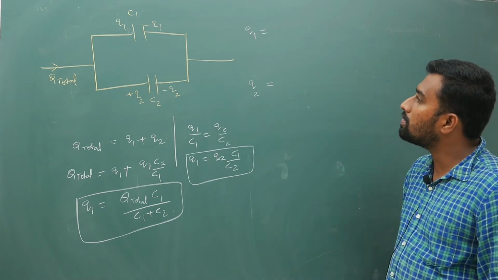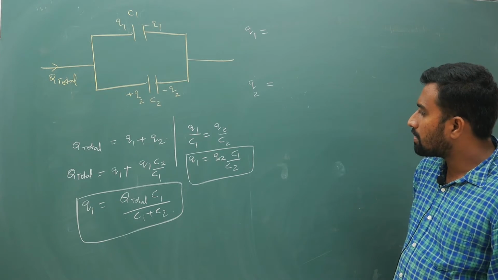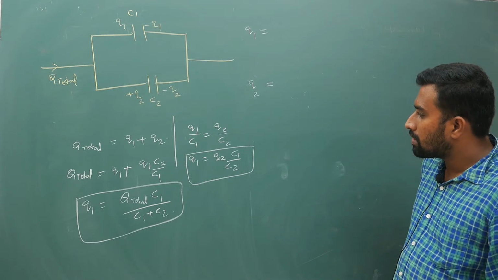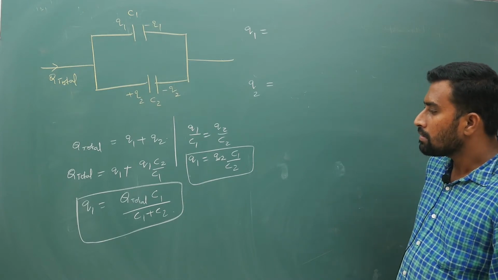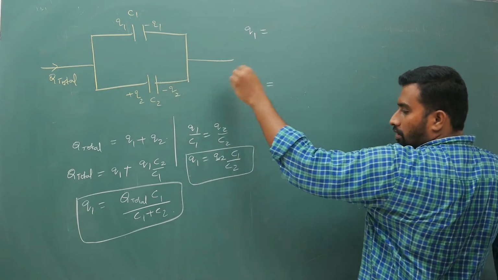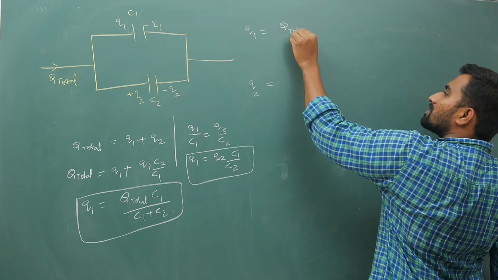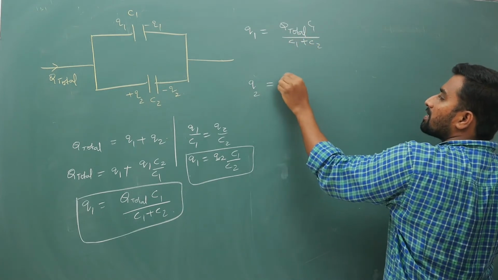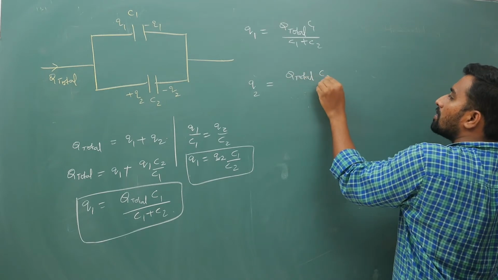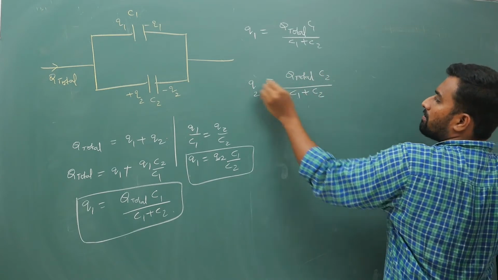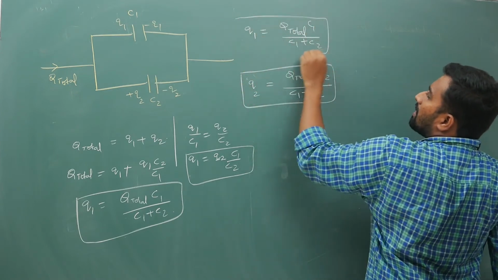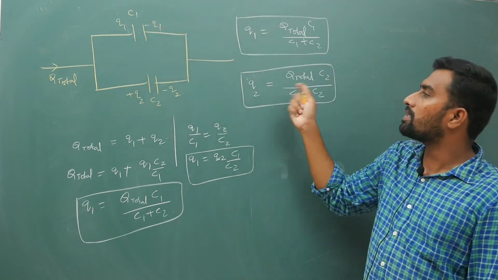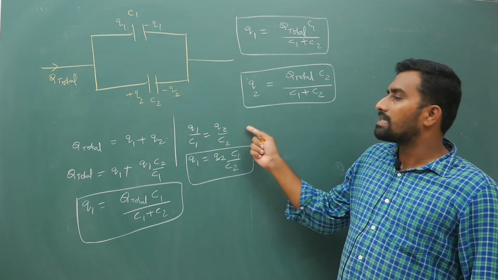Q1 by C1 is equal to Q2 by C2. So from here Q1 is Q2 into C1 by C2. So Q2 is Q1 C2 by C1. Yeah, and so you are going to get top side, it is total charge times that side capacitance by C1 plus C2, and on the bottom side it is total charge times C2 by C1 plus C2. Many teachers will teach this. So they will ask you to calculate the total charge of the replaced equivalent and then they will distribute it like this. But this is a slightly lengthy approach.